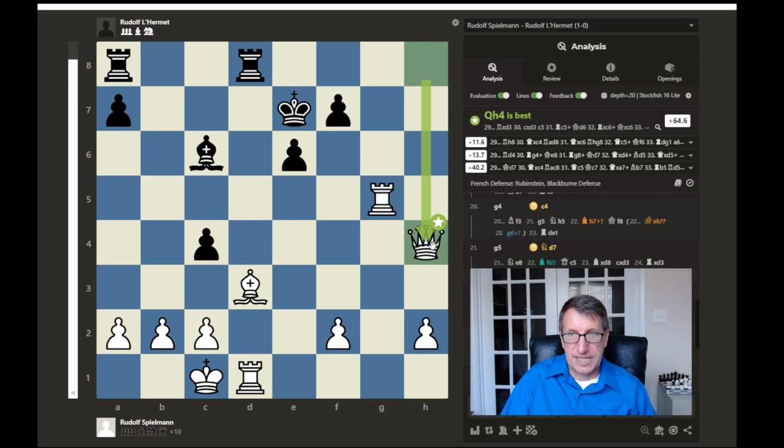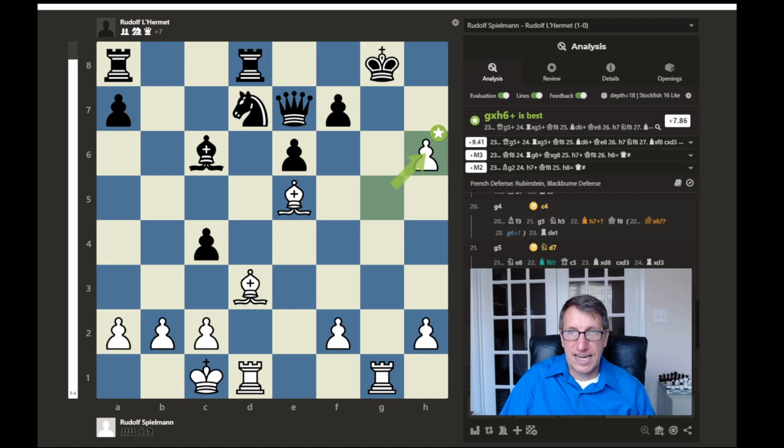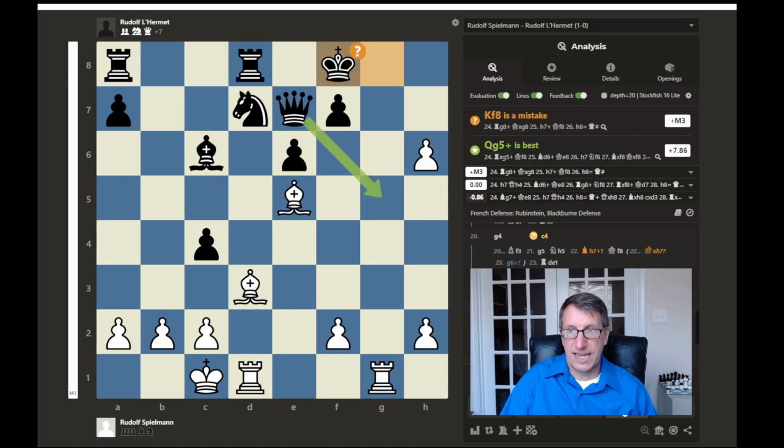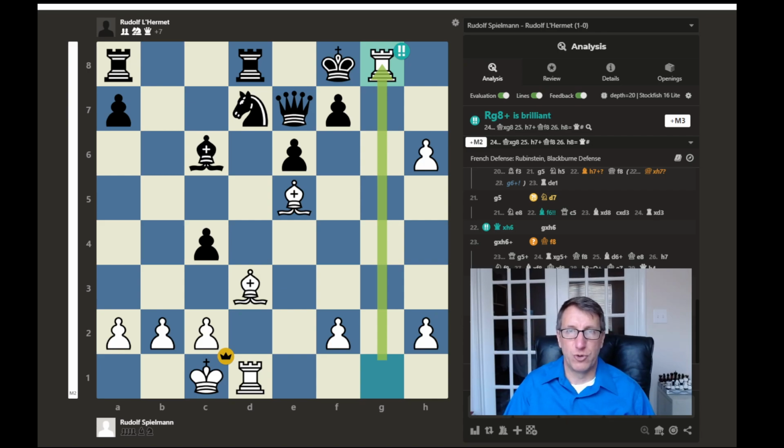With this extra material, white would just be winning if the game took that direction. But after the queen sacrifice here, the game continues with capture. Now there's a check by the rook. And then we have the king making a mistake here, running over to f8, and Spielman plays rook to g8, another brilliant move which finishes the game off, because here